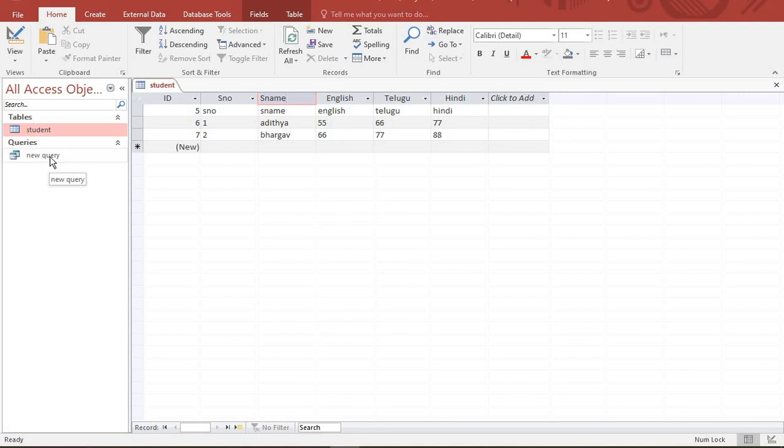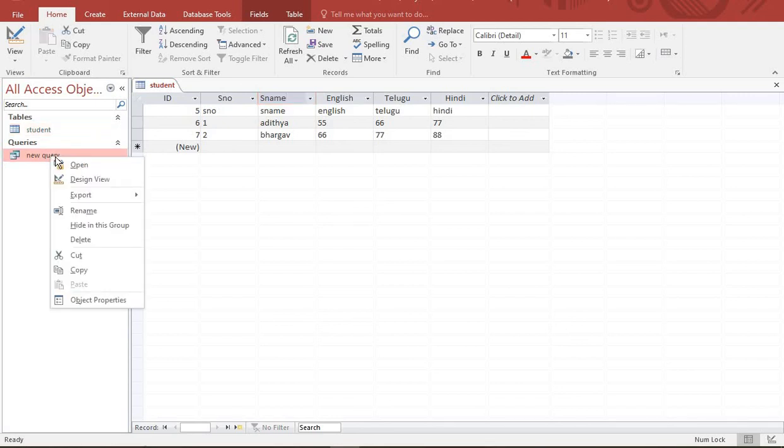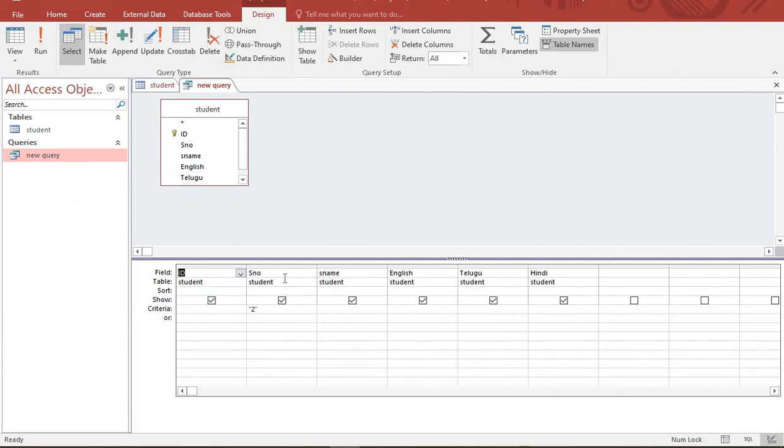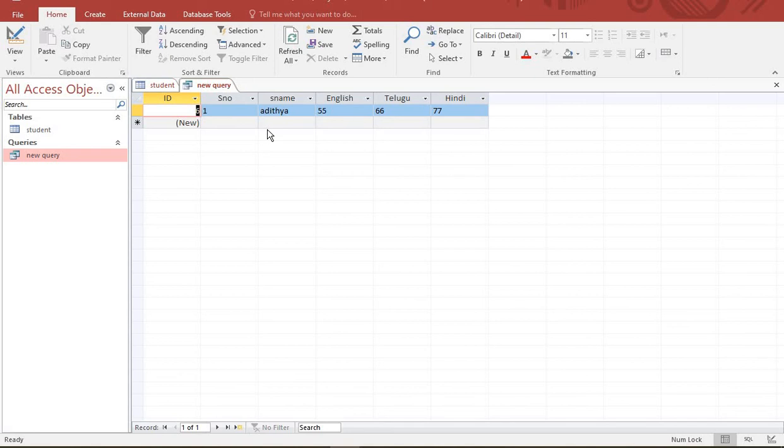For example, if you want to see this query, again you have to open this query. See here, those names are applied here also. For example, if you want to see a person name, Aditya, and click on run. See here, this is Aditya. Like this way you may change field names, and like this way you may create a query with the query wizard. Clear? And children, understand ma?